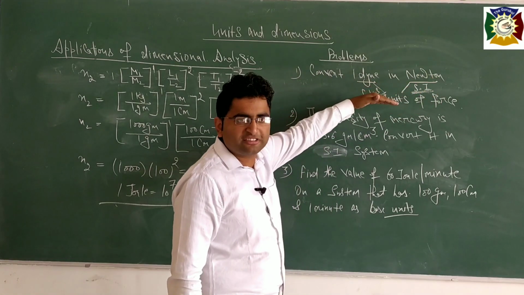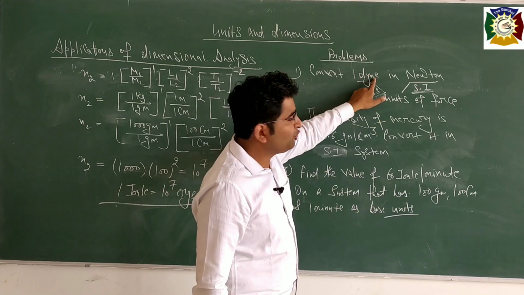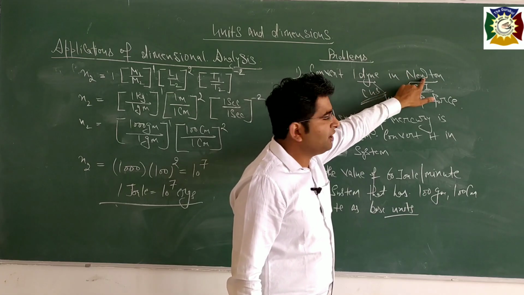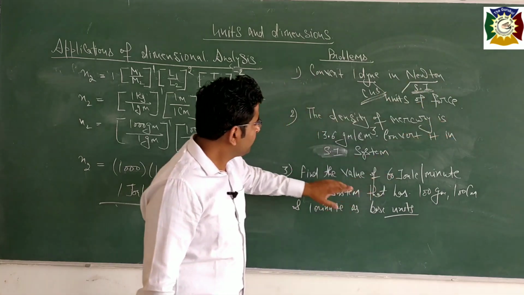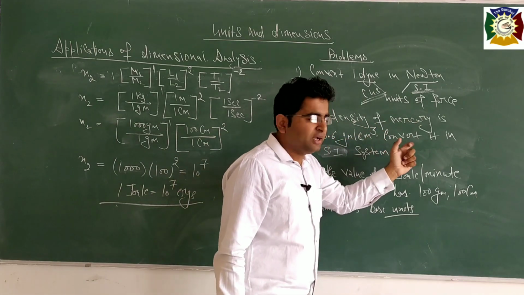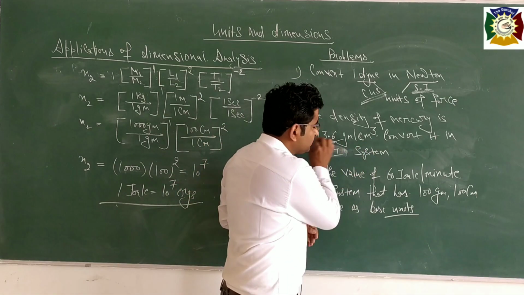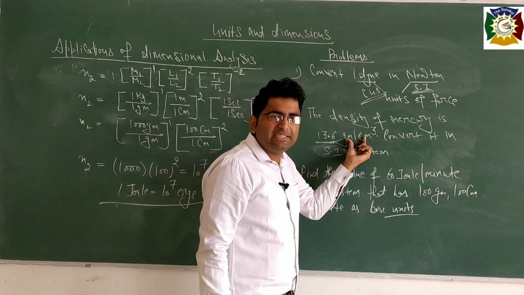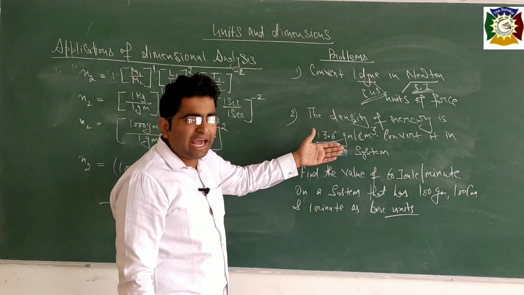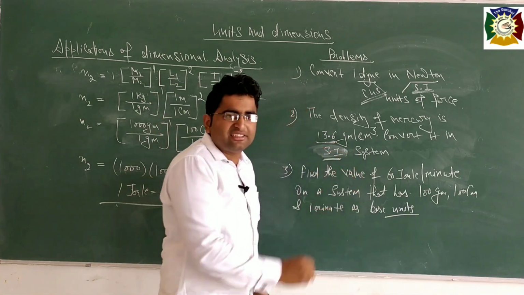These are the units of force, CGS and SI. So N1 है 1, U1 dyne में आप CGS में लिख सकते हैं. N2 we have to calculate. U2 is Newton. Clear? Okay, second, density of mercury is 13.6 gram per centimeter cube. Convert it into SI system. So it is N1, U1 gram per centimeter cube. तो ये डेंसिटी का हमें यहाँ पे डायमेंशंस लिखना पड़ेगा, M1, L1 and T1 की टर्म में. Clear? And we have to convert it into SI system.